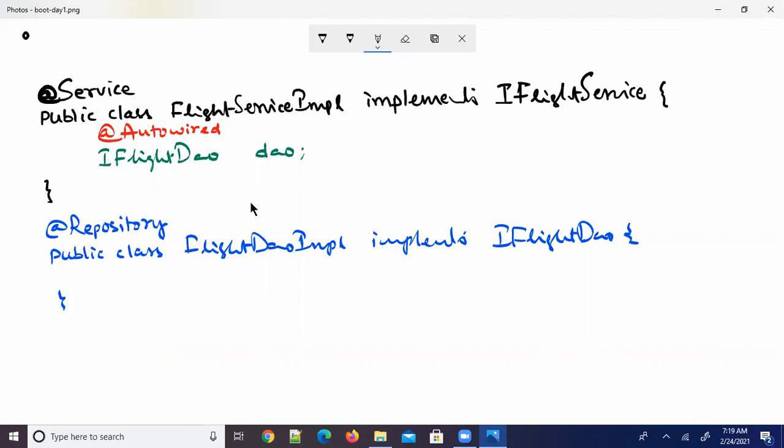So what happens when I write @Autowired? Now this dependency will be injected. Who will inject the dependency? The Spring container injects the dependency object. Who is the dependency object here? The FlightDaoImpl class object. It is injected automatically by Spring because of the @Autowired we are adding. So this annotation is provided for autowiring, for injecting the object type dependencies or even collection type dependencies. That I will explain to you next. But right now I'm talking about only object type dependency.